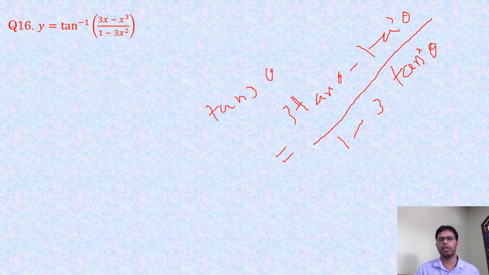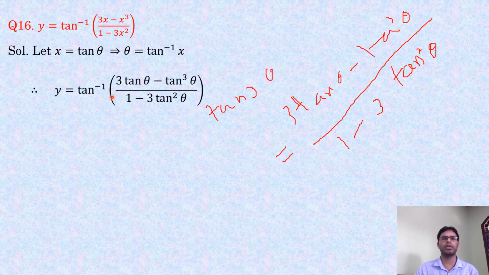3 tan square theta. This is a formula, and that is why we are taking x is equal to tan theta. So let x is equal to tan theta, so theta will be equal to simply tan inverse x. Using these substitutions, y is equal to tan inverse of (3 tan theta minus tan cube theta) divided by (1 minus 3 tan square theta). So it is tan inverse of tan 3 theta. The inverse and forward function will eliminate each other, so tan 3 theta,